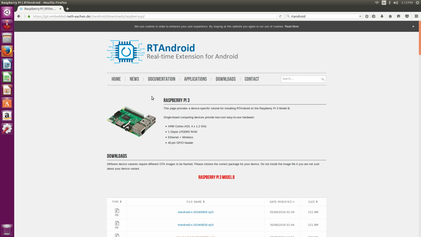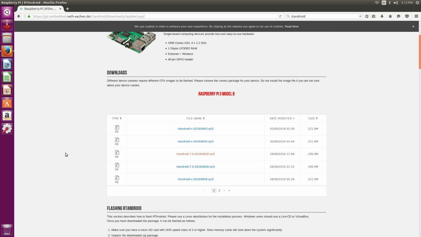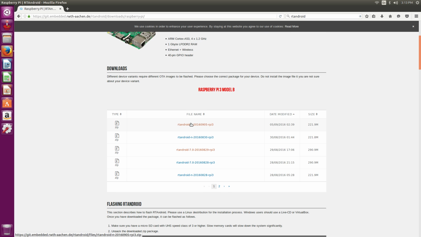We're going to head over to rtandroid. The link is in the description. We're going to need to download whatever image you want to try. Now these rtandroid N images are actually Android Marshmallow with some N features built into the developer options. If you want 7.0, you'll need to find one with a 7.0. I'm going to download rtandroid 7.0